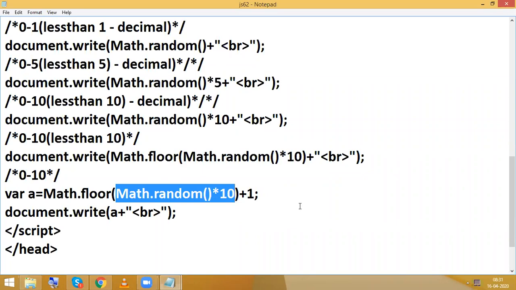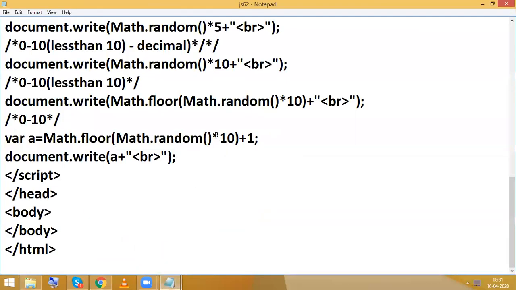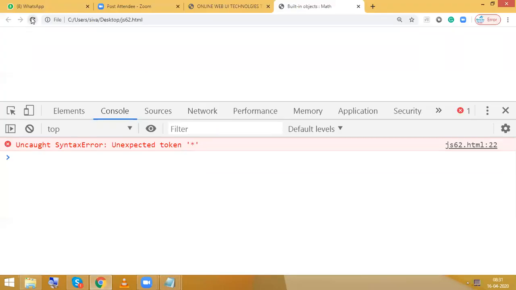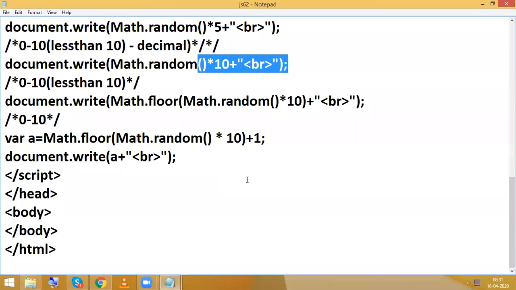Why are we not getting it? Multiple line comment. See, in all the above places it's working. Someone has typed that it is about the comment issue.